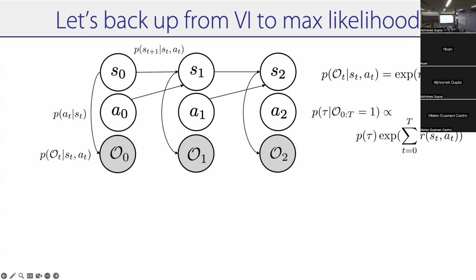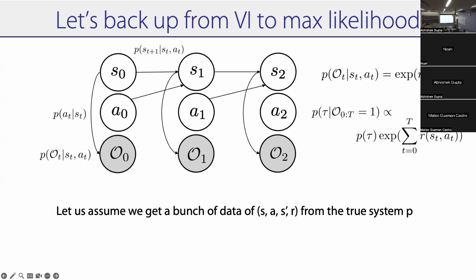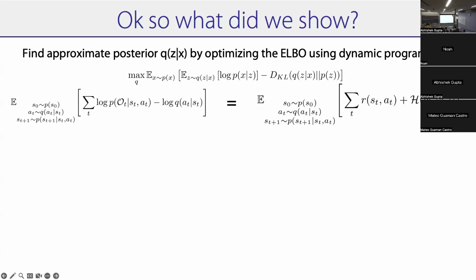We want to sample from the world, and then construct an evidence lower bound where optimizing it involves sampling from the world. If you remember our evidence lower bound, notice that this is all sampling from the world. When I say sampling from the world, it's sampling from P, the true environment. In RL, we have access to samples from the true environment, but we don't have access to its functional form.